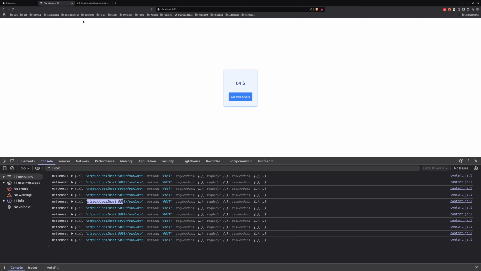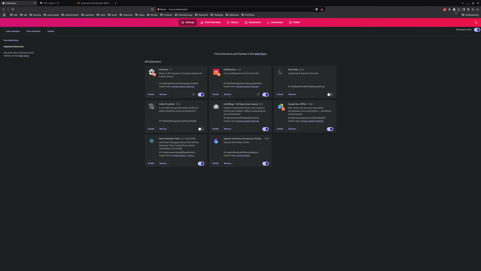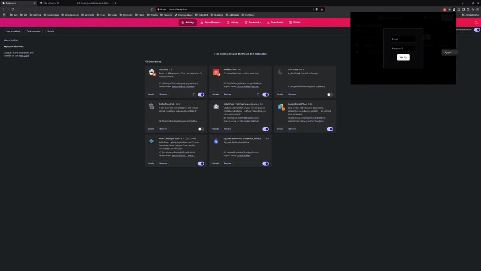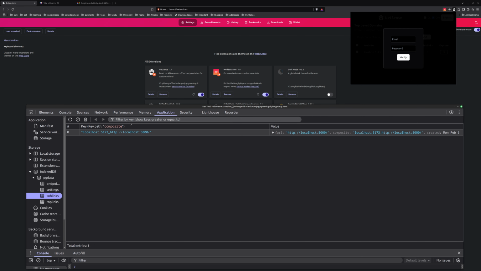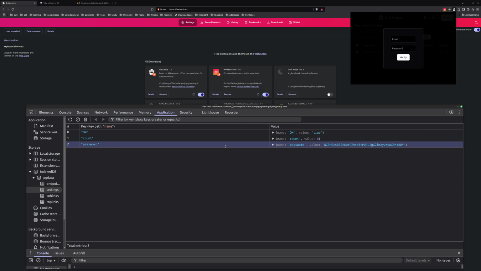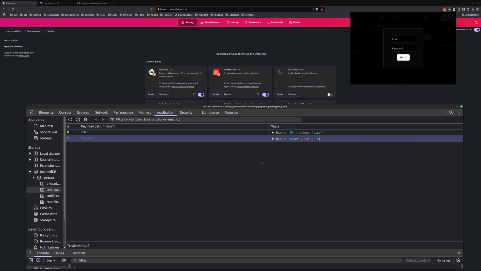On the other hand, regarding tampering with the database, let me show you how we are handling that also. If we go to inspect and go to the application, suppose we have a sublink and also a top link and all those things. You may think, let me delete the password, so this will remove the password and I can do anything I want. But if you do any kind of tampering like delete,